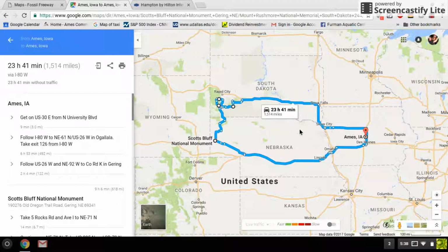But I want to explore this upper area of Nebraska because we drive across Nebraska all the time whenever we're trying to go west. Usually we don't take the time, if we're on a big trip, to explore up here. So after you do a little research,